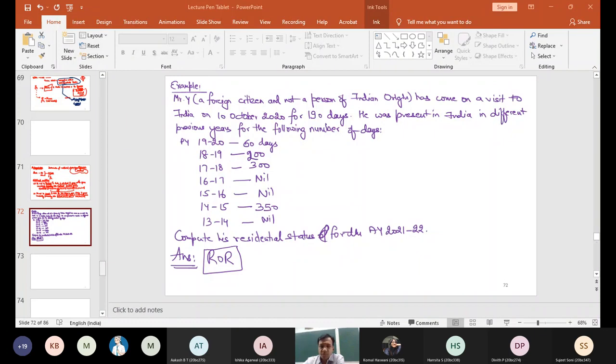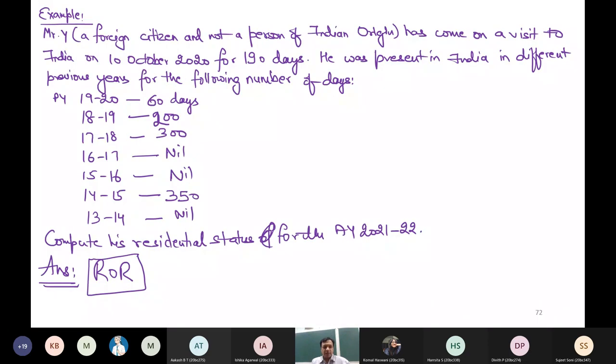Okay, so let us solve it now. Most of the people are saying ROR, but I don't know, so let me solve it. And you also tell me why ROR. Now, anyone who can tell me how you have checked it. What is step one which I should apply in my mind? There is no need to write step one, but you should apply in your mind whether basic condition number one is satisfied or not. This is the first step always.